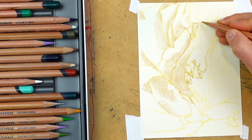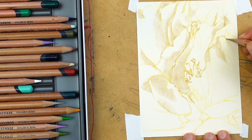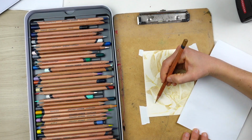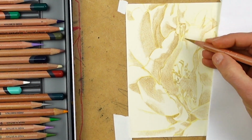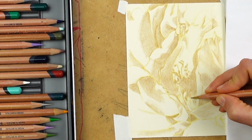So I don't want to come in there with a dark brown or a violet or a blue or, oh my gosh, don't use black. Okay, promise me you won't do that. We want to use light value colors, and we can always build it up and get it darker, but it's going to be a lot harder to make it lighter. So start with something that maybe feels a little too light possibly, and then you can build it up with